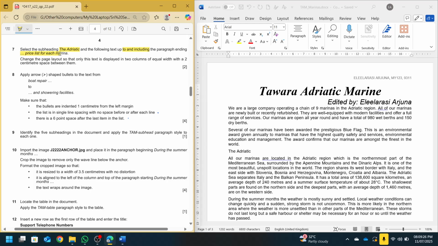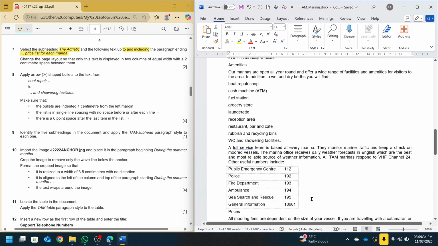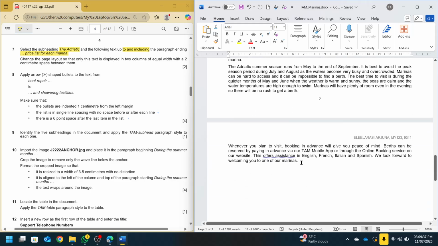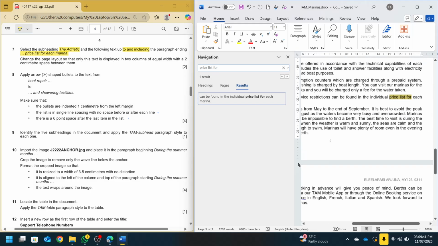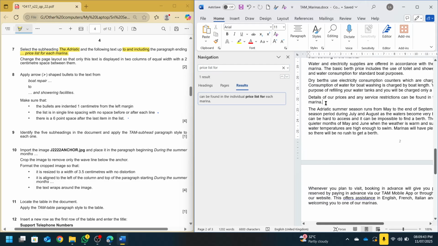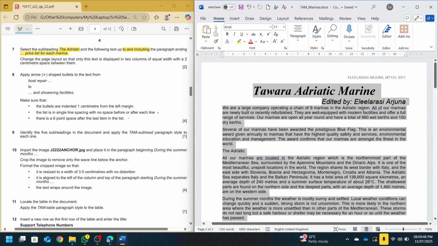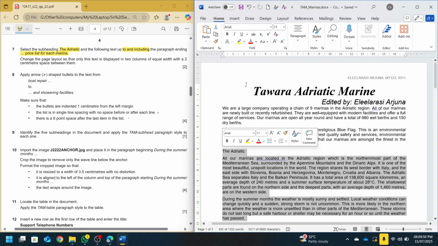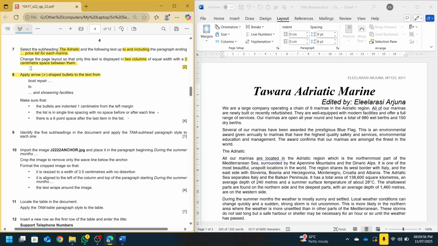Which part? The price list for each marina. Normally, I will look for the heading, the beginning, which is here. Then the end, normally at the end. Or you can just Ctrl F and find it. Price list for, okay, each marina is here. This is the end. I will highlight from the end to the beginning. Easier. From here, highlighted. They want you to change the layout to display 2 columns with 2 cm space in